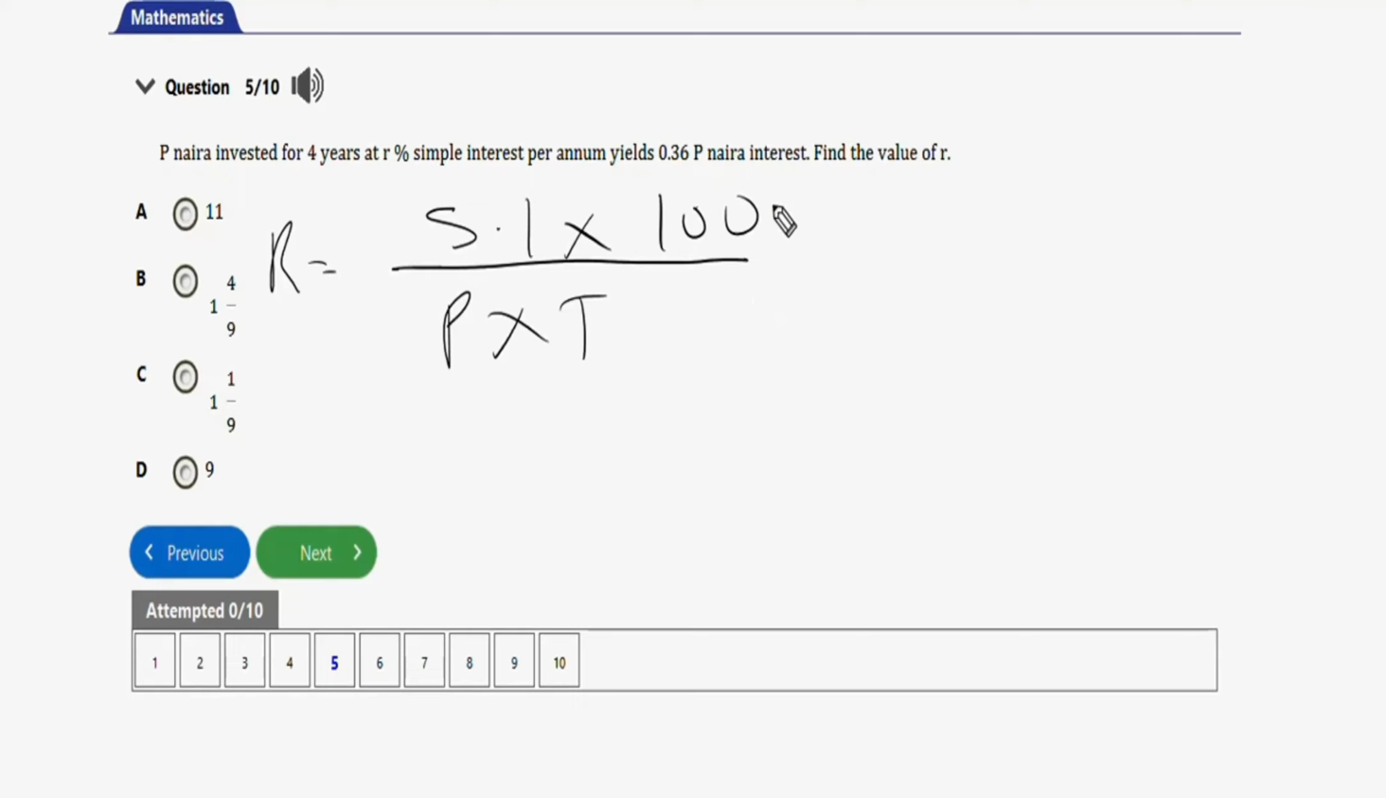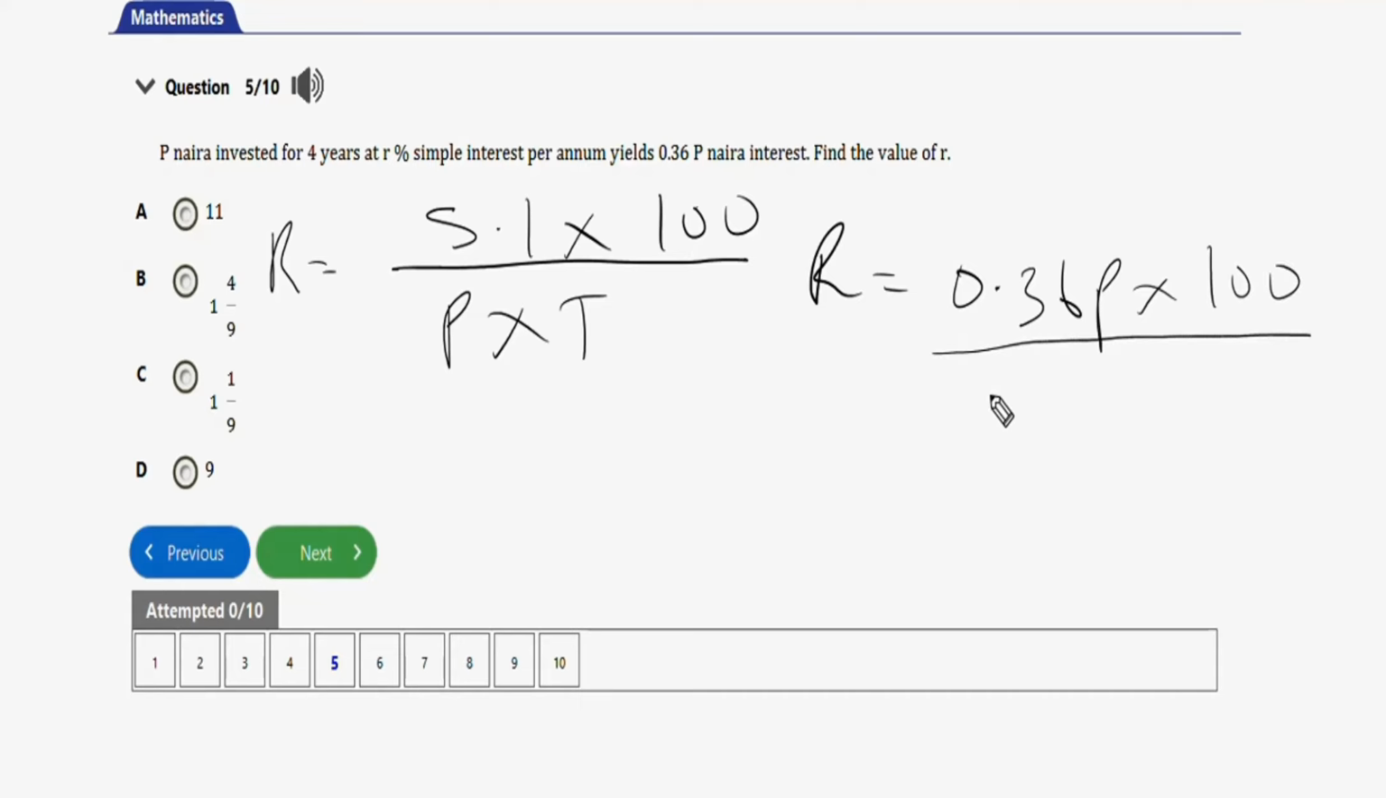0.36p naira interest. So the rate will now be simple interest, 0.36p, times 100 over, so we have p naira invested for 4 years. We don't know the value of the principal, let's call it p, and the time there is 4. So when you cross multiply, we're going to have